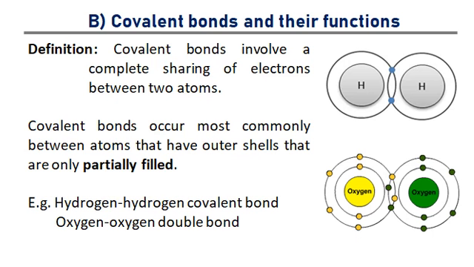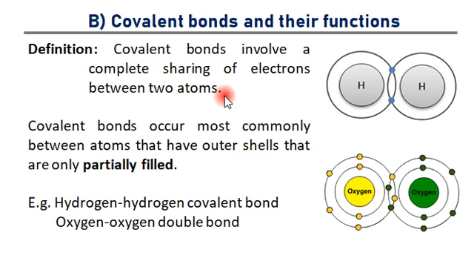The next type of chemical bond is the covalent bond. Ionic bonds are formed due to complete transfer of an electron from one atom to another atom. It results in a partial positive charge at the donor and a partial negative charge at the acceptor. In contrast with the ionic bond, a covalent bond involves sharing of electrons between two atoms.